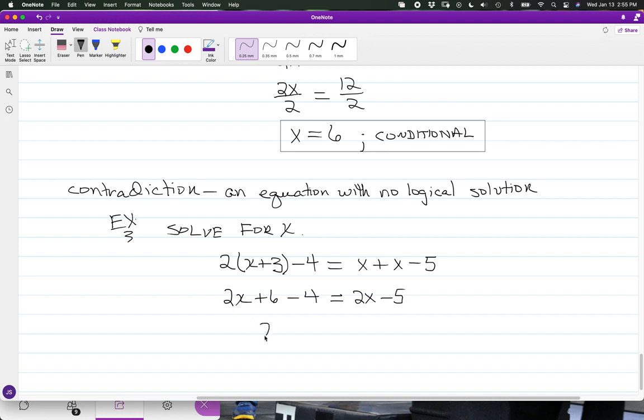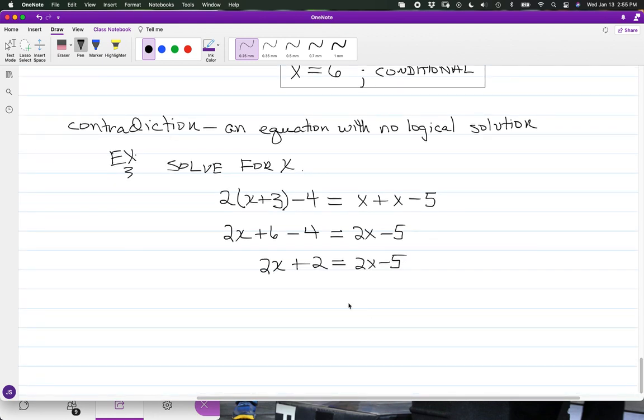And then we have 2x once again on the left, and plus 6 minus 4 is going to be plus 2, and again we still have 2x minus 5. And if you notice, we have the same weight in terms of the variable terms on both sides, and if I join them together,